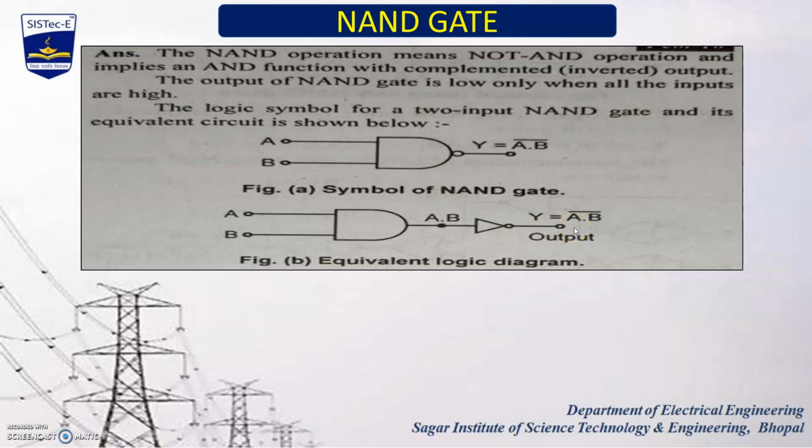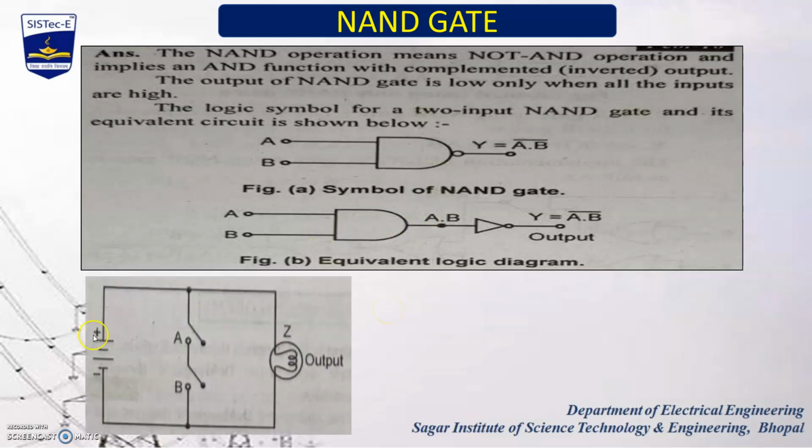of the NAND gate. You can say this is the symbolic representation of the NAND gate, where the inputs are A and B and the output is the complement of the AND operation, meaning (A dot B) bar. With this symbolic representation, I can say the NAND gate is represented by the combination of AND gate plus NOT gate. Dear students, with this logic diagram, you can easily understand the operation of the NAND gate.